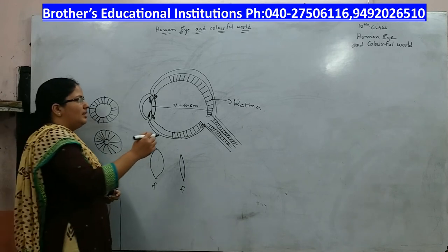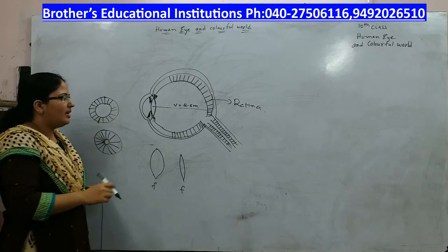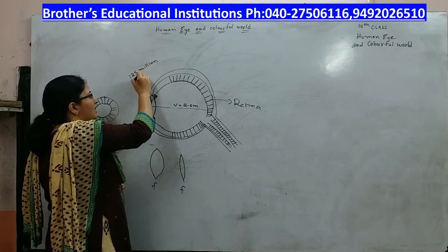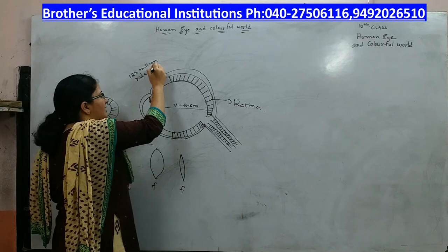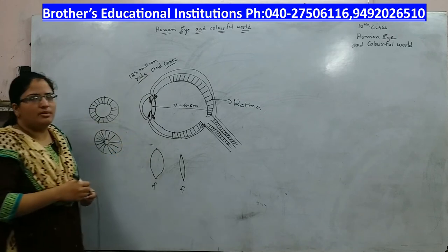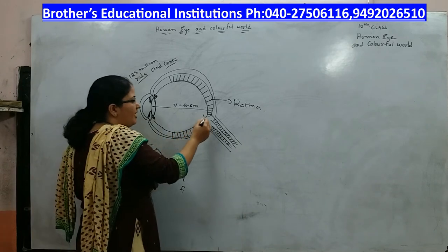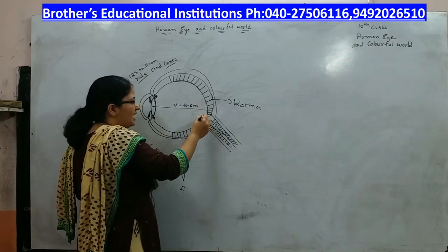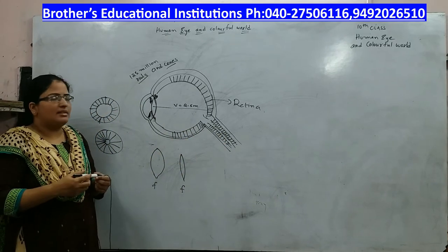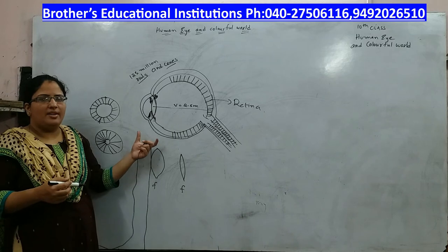Now, what is the purpose of the retina? The retina acts like a screen for the image to fall on. There are about 125 million rods and cones present on the retina of our eye. Cones help us to view color, whereas rods help us to see. Rods can sense the intensity of light. About 1 million optic nerve fibers transfer the image to the brain. The brain interprets the image and sends back the signal about the object. That is how the eye functions.